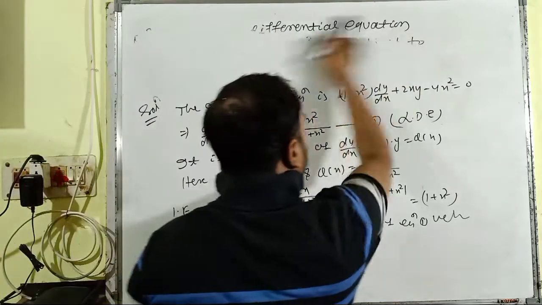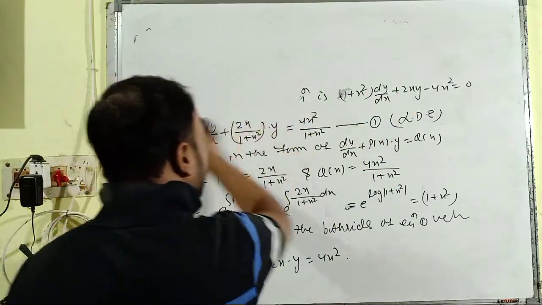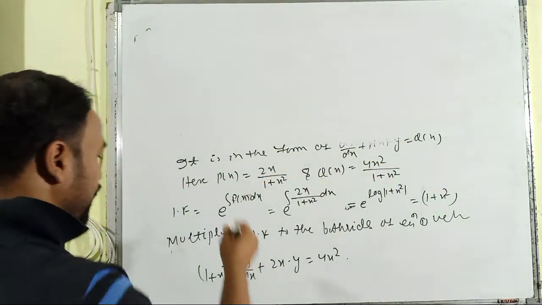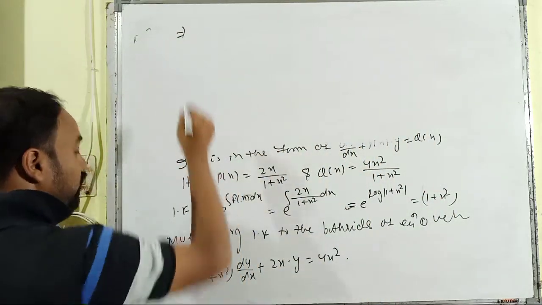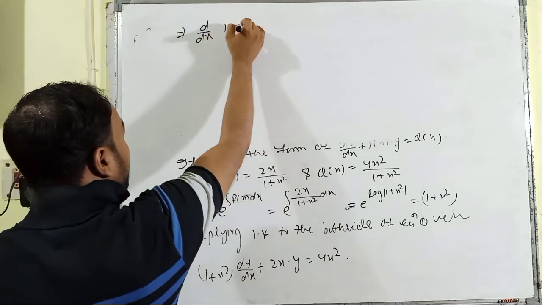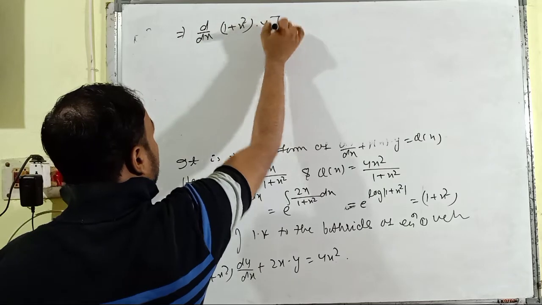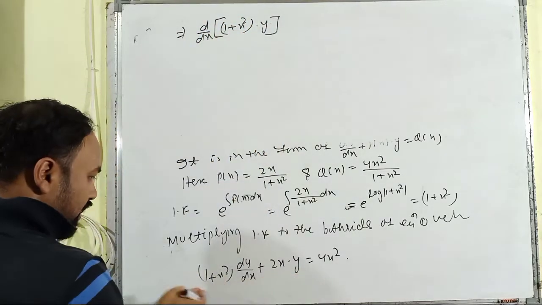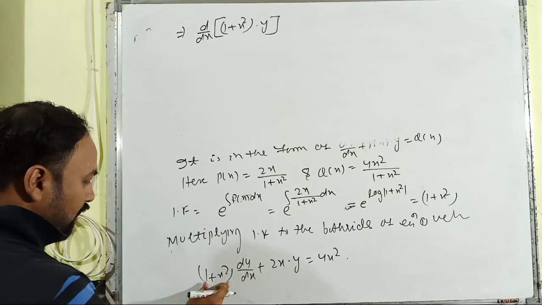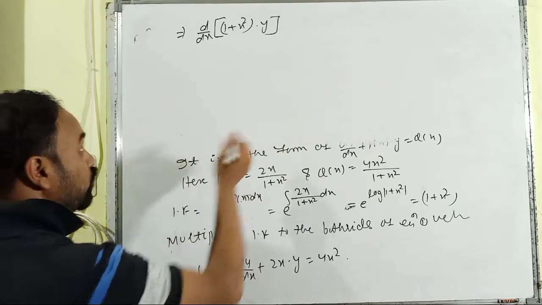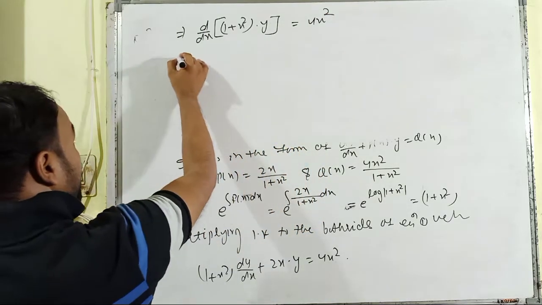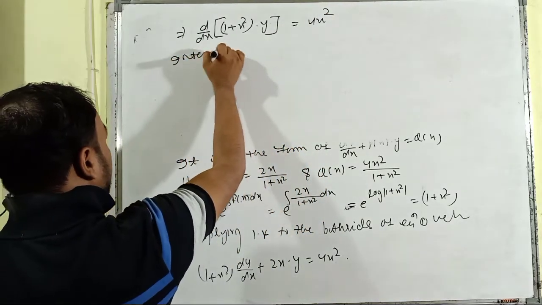After the multiplication, we have to convert the left hand side term into a suitable form so that we can integrate it easily. So the left hand side becomes the differentiation of a product of 1 plus x square with y. It is the differentiation of the product of two functions, the first function is 1 plus x square and the second function is y, and the last part is 4x square. Then integrating, it is the last step,